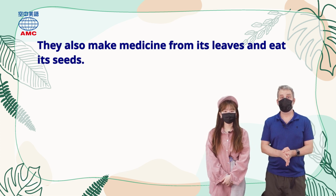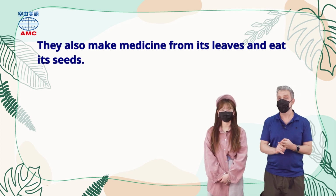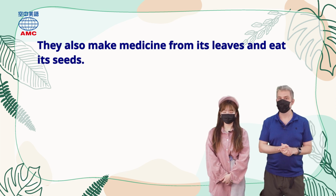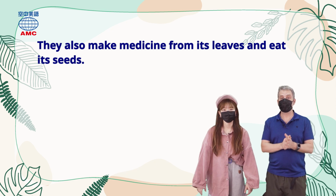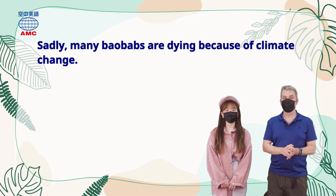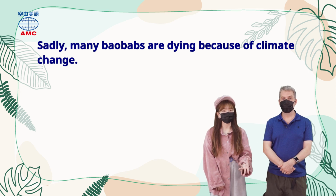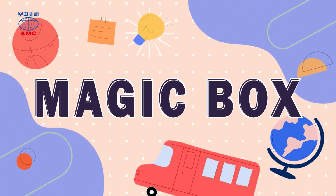Yeah, some seeds you can eat. Many people enjoy eating pumpkin seeds and sunflower seeds. But then if it's like a watermelon seed, we just spit those ones out. So it does depend. The article goes on and says, sadly, many baobabs are dying because of climate change. OK，所以 sadly 是我们今天的 magic box 的字，这个它指的就是令人难过的是什么？那我们再看一下有没有更多的用法。 Magic Box。